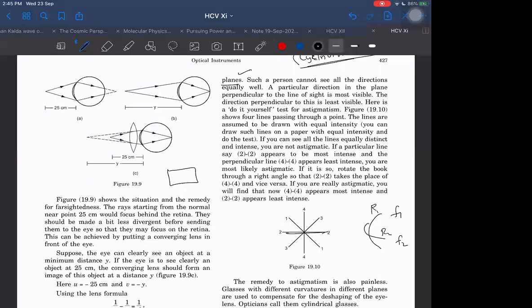If I see a square, it will not appear to be a square. If I see a square placed perpendicular to my eye, one side of the square will appear larger than the other side, and it will appear slightly twisted. That kind of defect it will be. That defect we call as